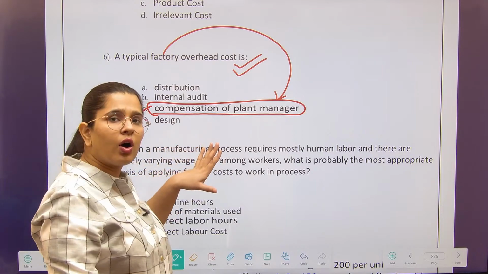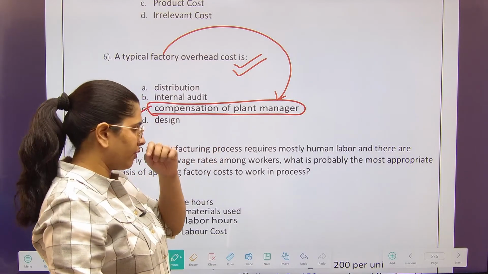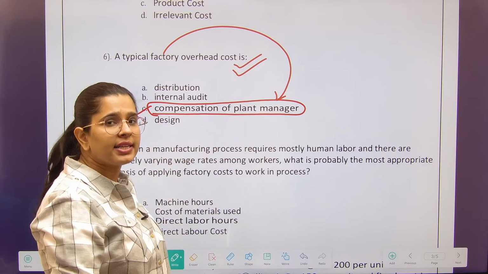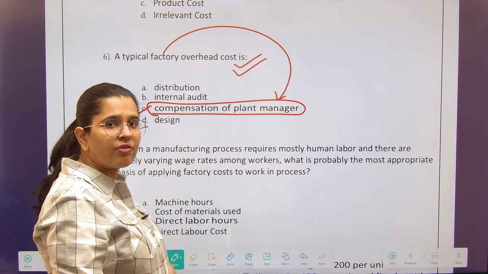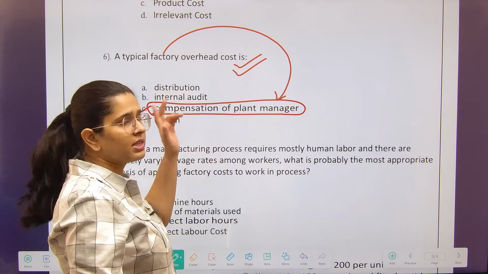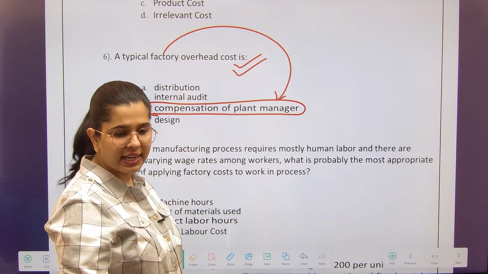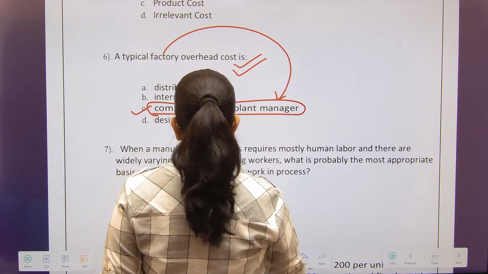Your design and all those things will not form part of your factory overheads because that is related to administration. Correct? Internal audit, again office and administration expenses. Distribution becomes part of your selling and distribution expenses. Next,